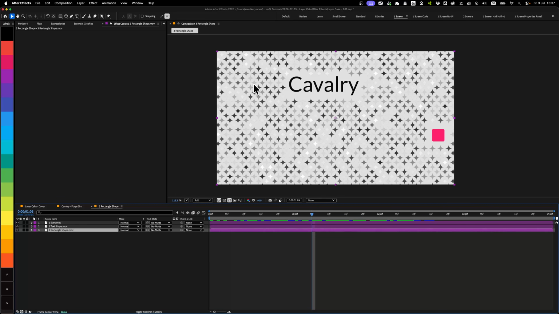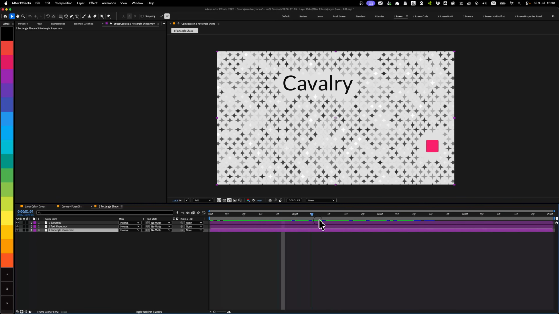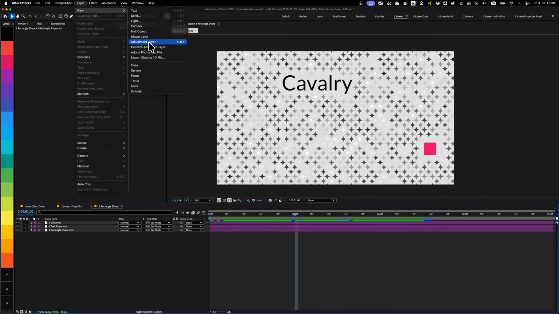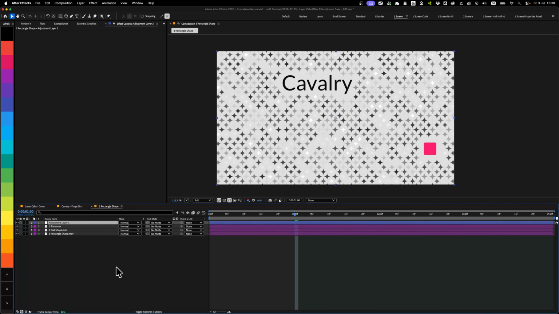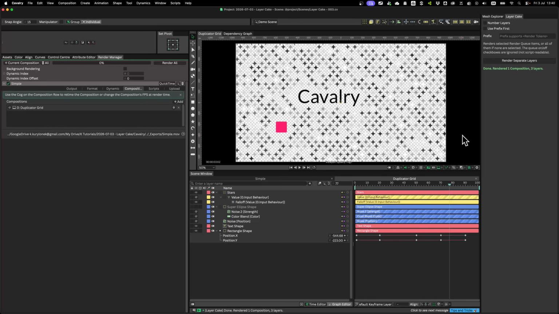And when I import this footage into After Effects, you can see that everything is separated by its own layer, and this is essentially MOV render, so it's super responsive, and you can add your own effects, like essentially do all the compositing. For example, I can add a Posterize Time effect, which is not available in Cavalry. And now we're going to have this more posterized look. So now you know how to use this script, so let me explain how it works and a few